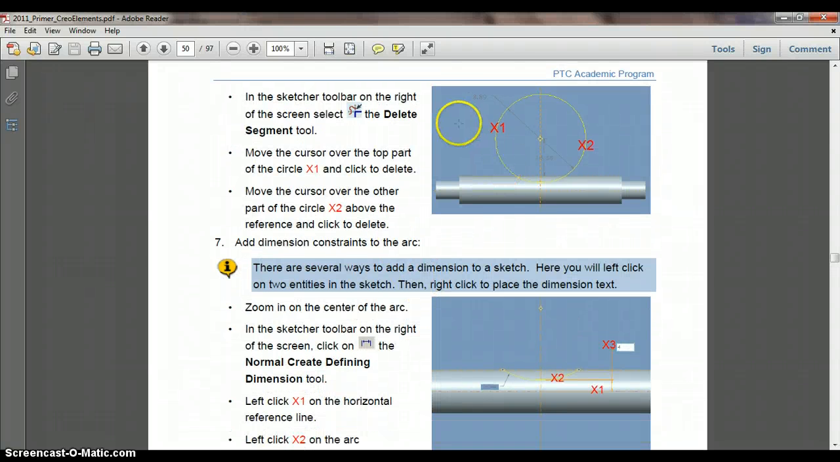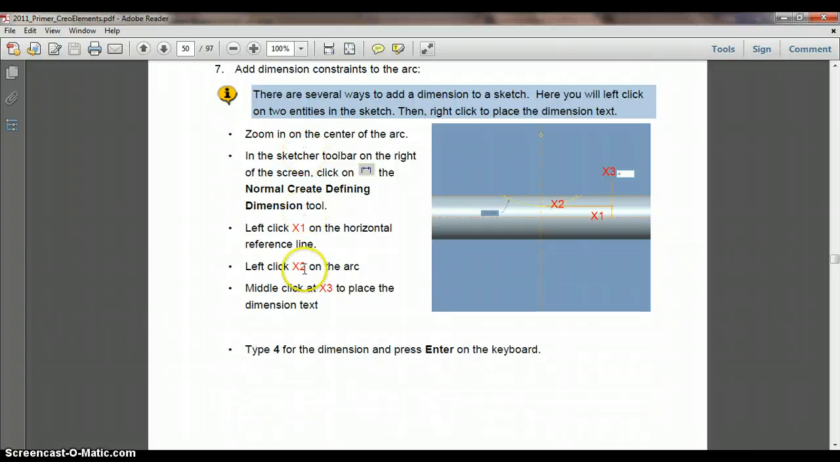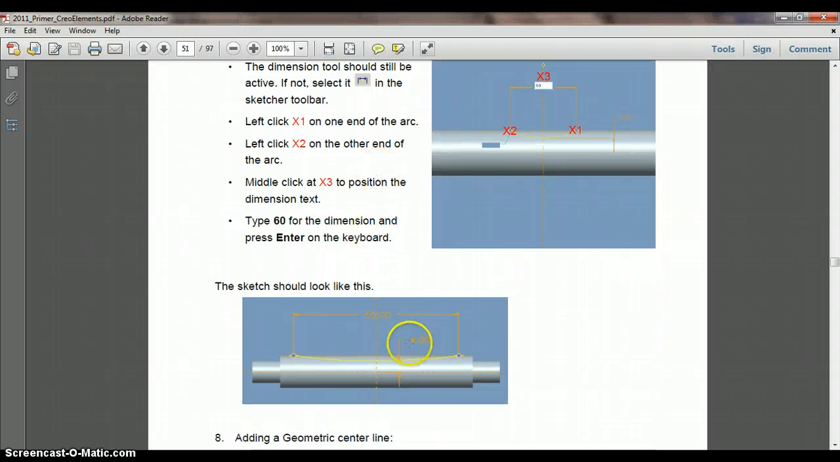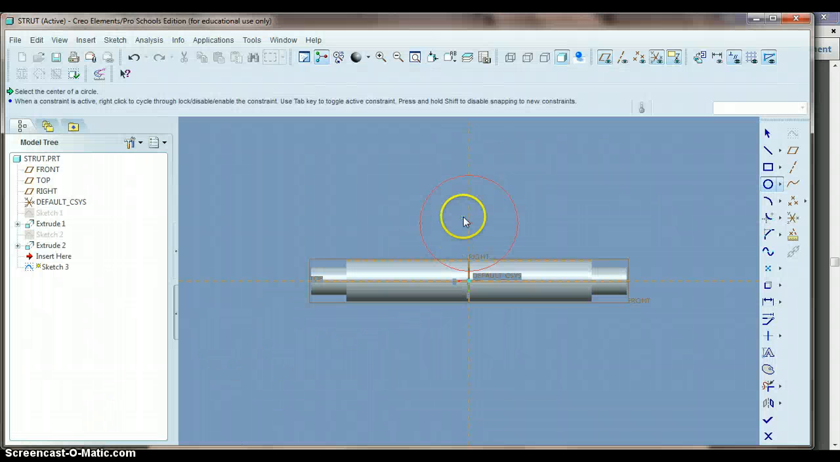Now the next thing we're going to do is delete some of this circle right up here at the top. We're going to actually delete part of it and just leave the bottom part on the strut, and that's why we had to create the reference, so that we could tell where to trim that off. And then we'll add some dimensions to this, and I'll show you how to add dimensions. So first thing we're going to do is hit the trim tool or delete segment,